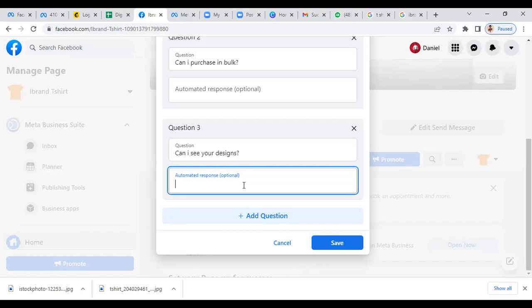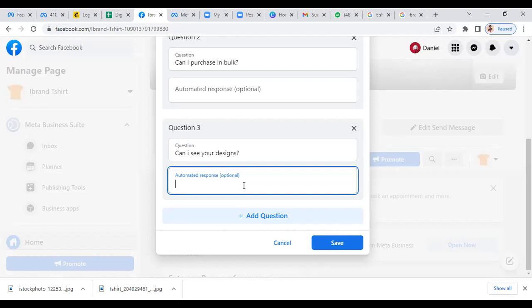Yes, a catalog on my WhatsApp. You can create a catalog on your WhatsApp if you are selling products. Even if you are selling services, you can still do that very well. So I can just put the link of that catalog here. Once I insert the link of my catalog here, and you click on it,